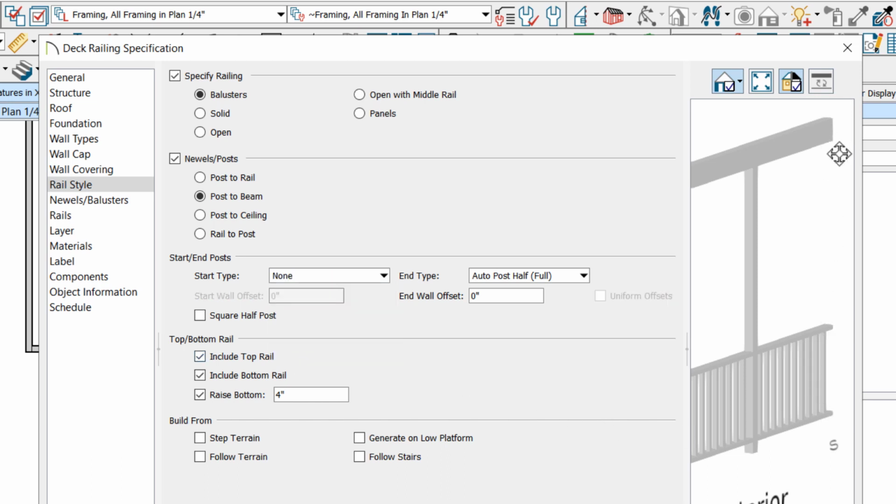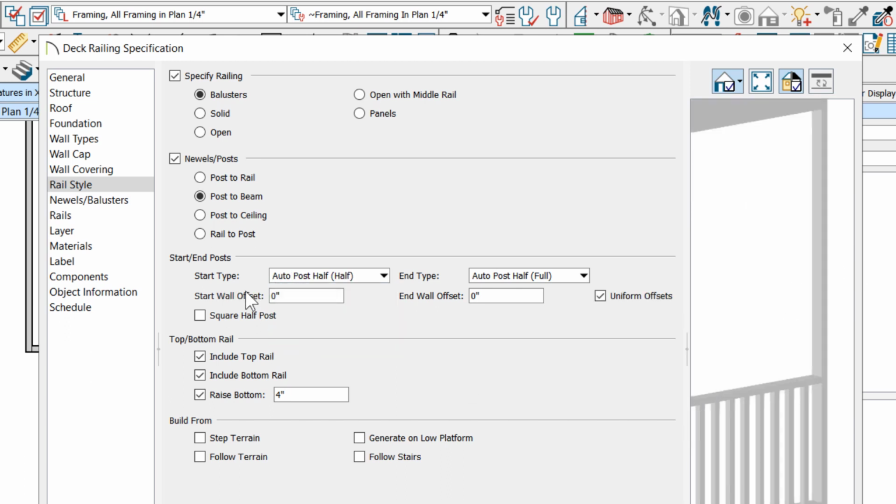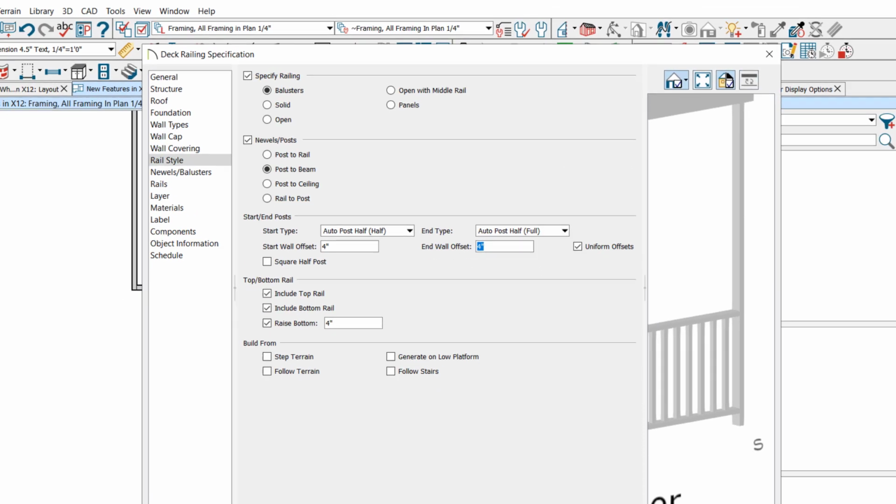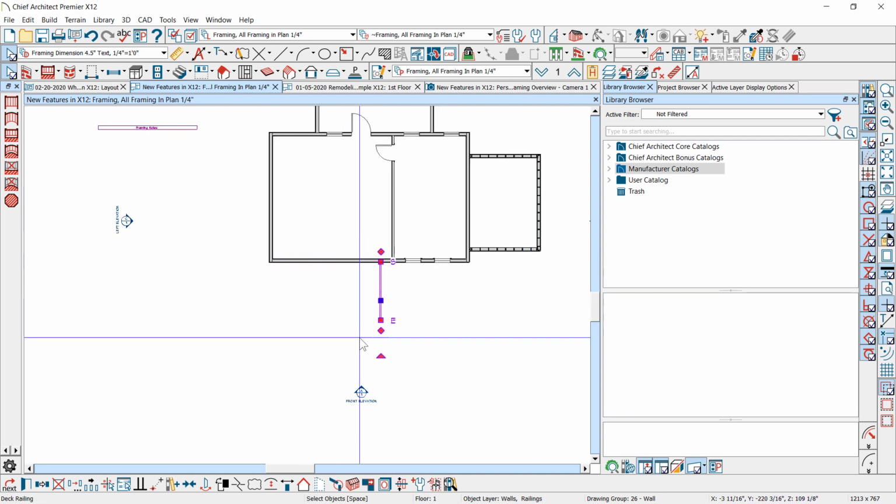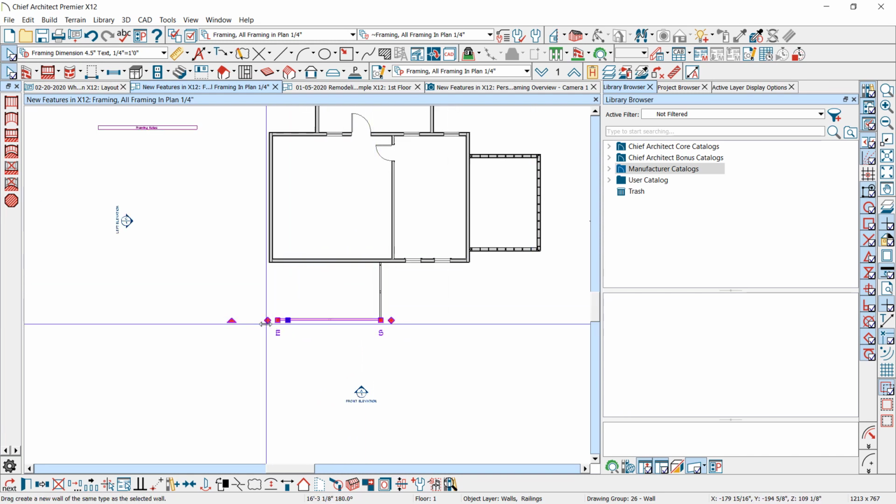Okay, so let's see how I can turn the post off completely, or maybe I just want a half post. It's half thickness. Plus you could also offset it from the wall if you want to. So if you want it to be away from the wall a little bit, so if you want to have a space between the end of that and the wall,